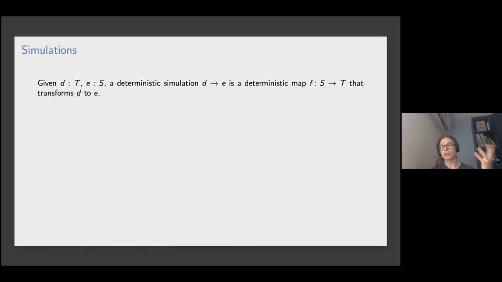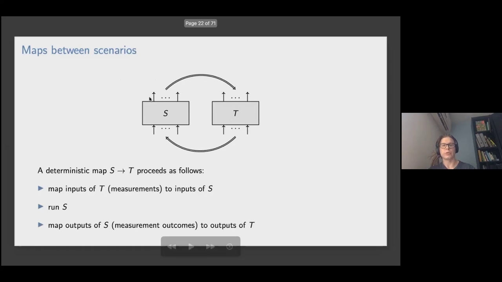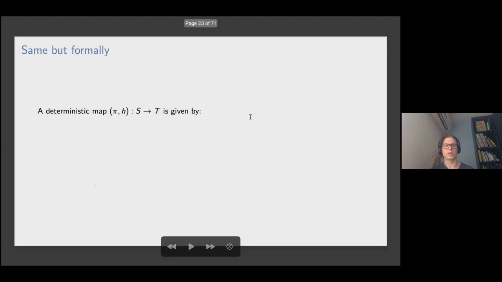And now this is just the transformations of these scenarios. Well, how do they relate to transformations of these empirical models over these scenarios? Well, if you had some data in this picture, you had some system E over S, then when you run such a procedure, you get some probability distribution or some empirical model over T. And then we'd say that this procedure simulates you having some empirical model over T exactly if this process of taking the system E in S and transforming it according to these rules gives you the target one over T.